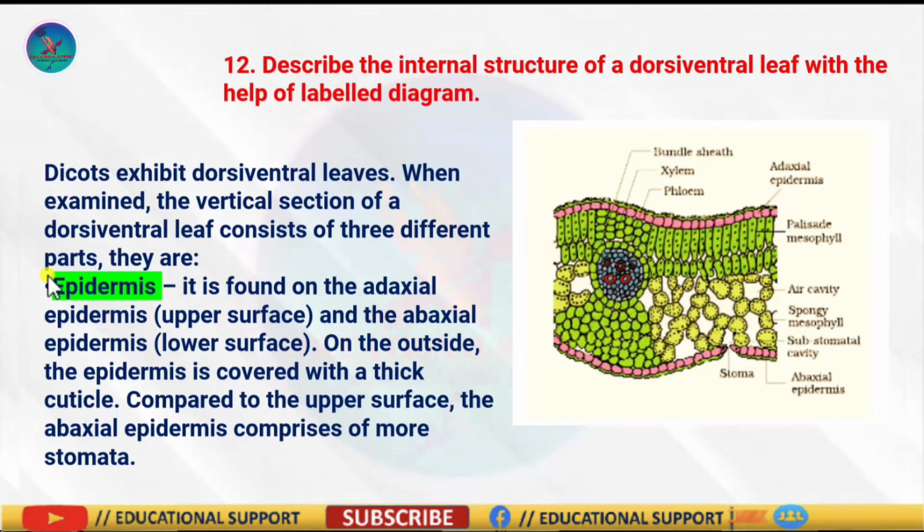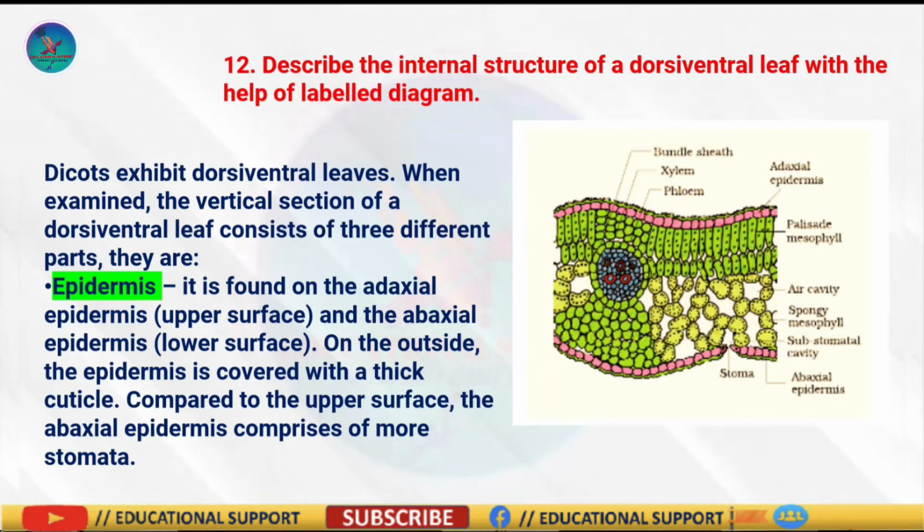Basically, the upper epidermis is generally the outermost single layer made of parenchymatous cells, and the epidermal cells have sometimes outgrowths called papillae. The epidermal cells are devoid of chloroplast and the stomata are absent on the upper epidermis. The lower epidermis is just like the upper epidermis, but here stomata are present. Chloroplasts are absent in the lower epidermis also, except the guard cells of stomata.